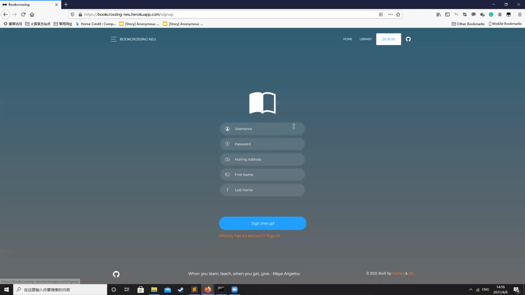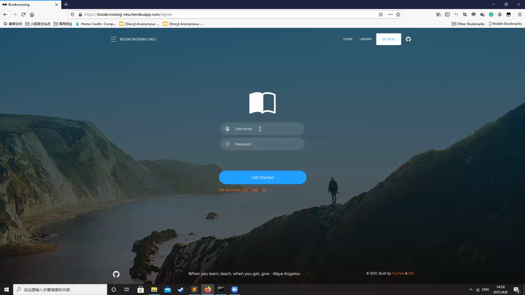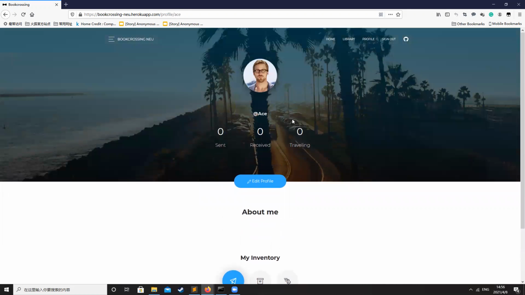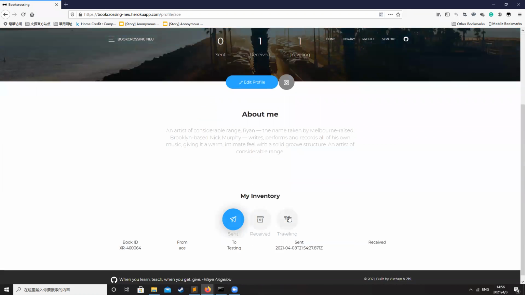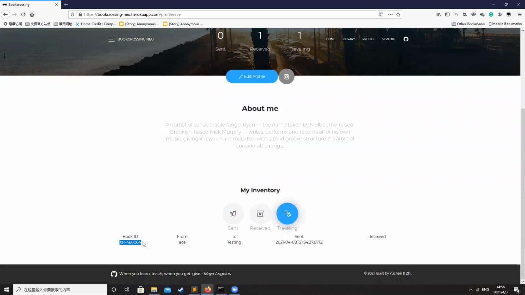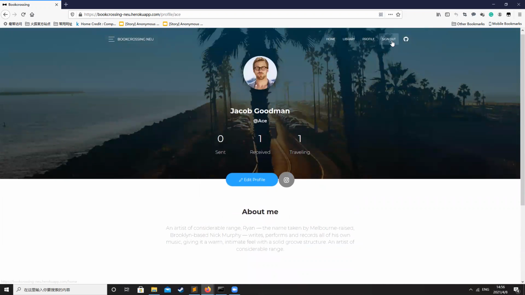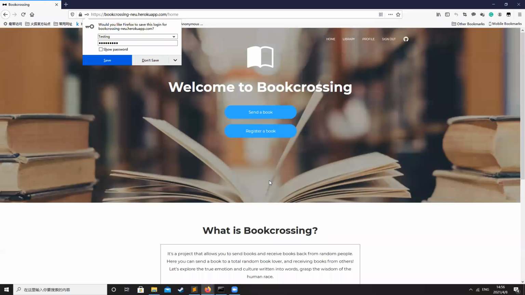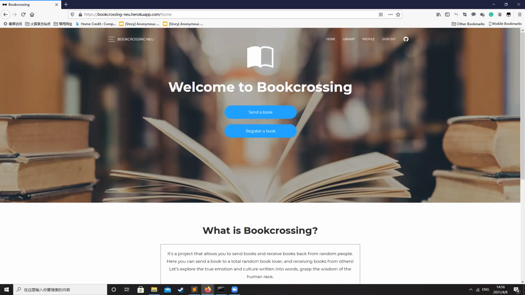Let's send out, and to get that, let's get that crossing ID again and then just copy paste that. Let's go to the profile and we see the traveling thing and the book ID is XR46, anything like that, and sign out. And then we sign in as testing again. You can see that the page changes really, really fast, which we're really proud of because that's how React should